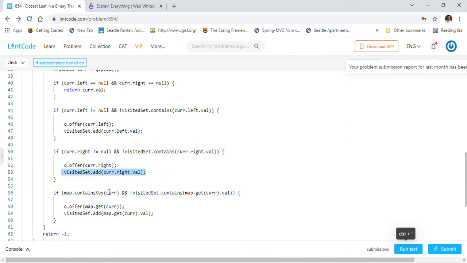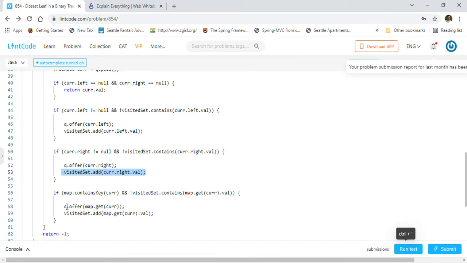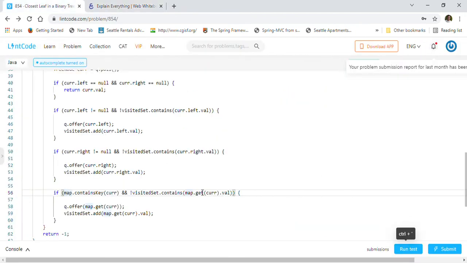And now once this is done, we have to also add the parent of 2. So we are doing, if map contains current, and current is 1 basically, so 1 is there. So if it contains 1 and it's not visited, then we will put that into the queue, and we will add it into the visited set.